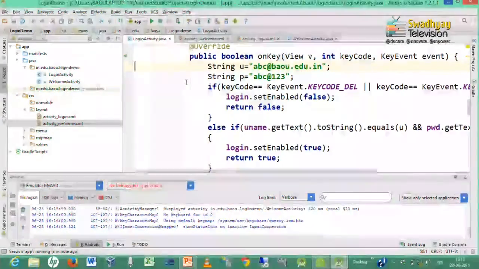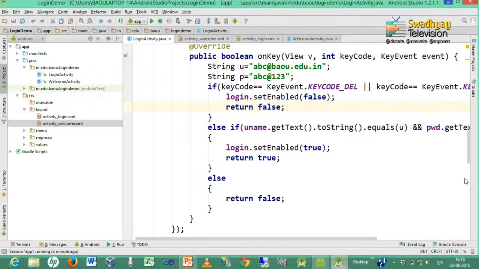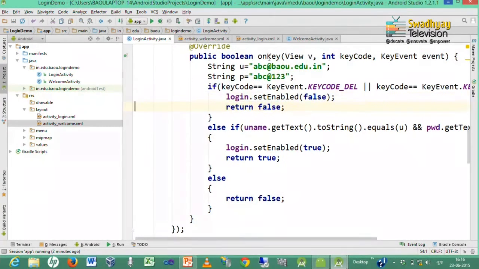Here we modified our code a little bit. Here we write inside on key that if key code is equal to delete key, or backspace, then we do not want to consume this event, and set login to false.